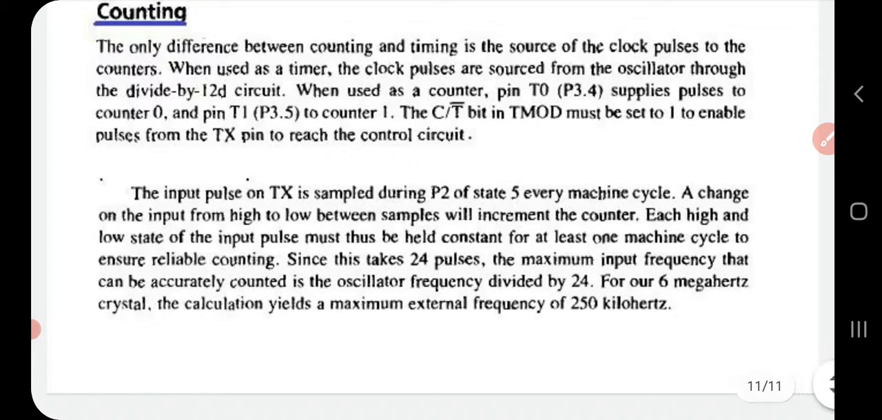If you want, you can write a few sentences about the machine cycle. That is, a change on the input from high to low between the sample will increment the counter. That is how the incrementation takes place in the counter. Each high and low state of input pulse will be held as a constant at least for one machine cycle. Okay, so as to ensure reliable counting. So in order to make the counting reliable, each high state or each low state input pulse,